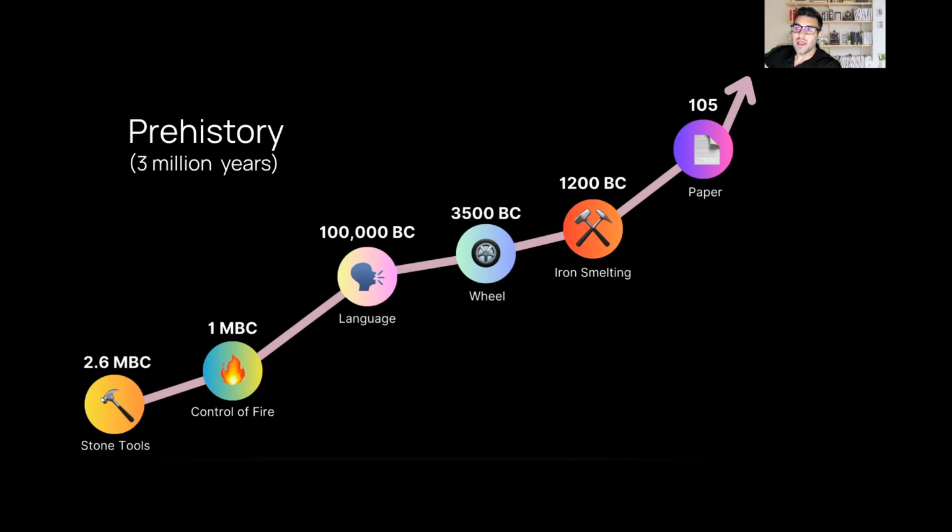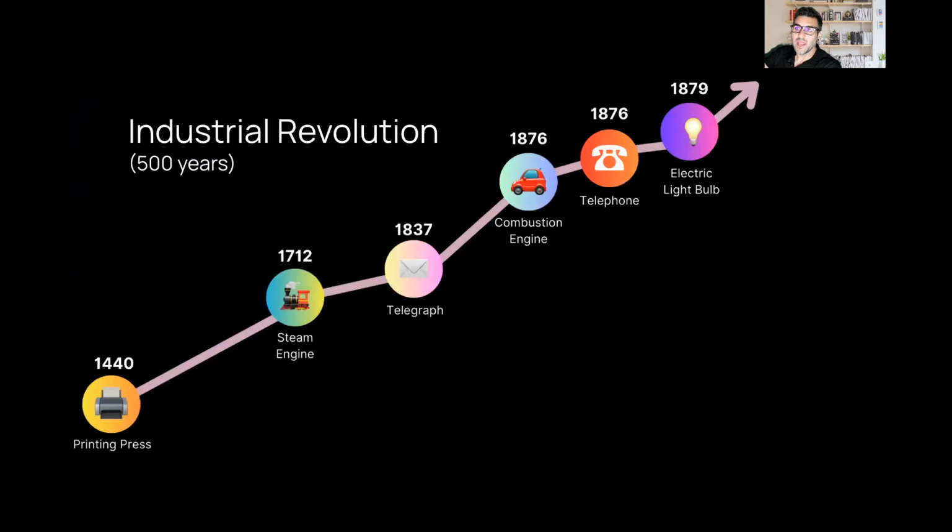And after language, we had the industrial revolution. We started with the printing press, and then the steam engine, followed by the telephone and electric bulb. Over 500 years, we accomplished a lot, but it was a very slow progress. Our ideas started to travel from one place to another thanks to the printing press. So language was the beginning, the printing press was the second important